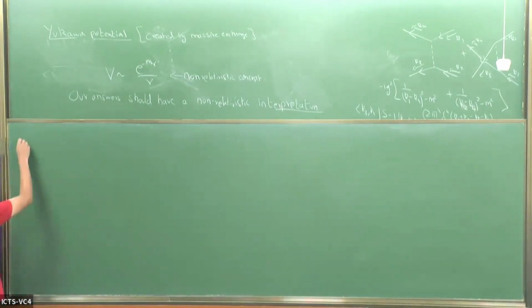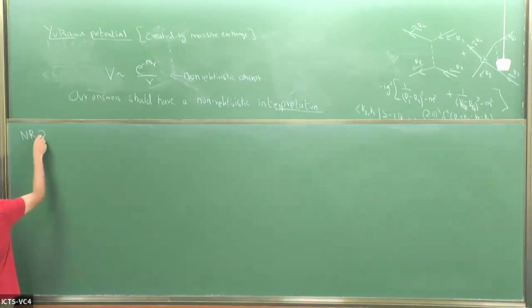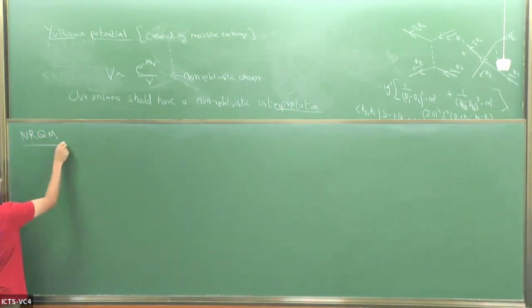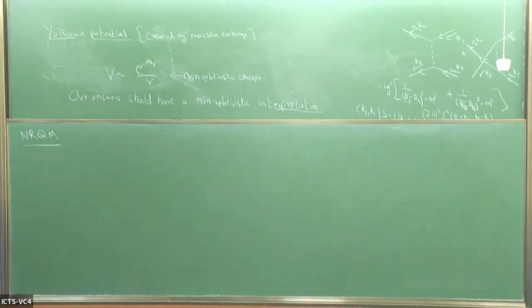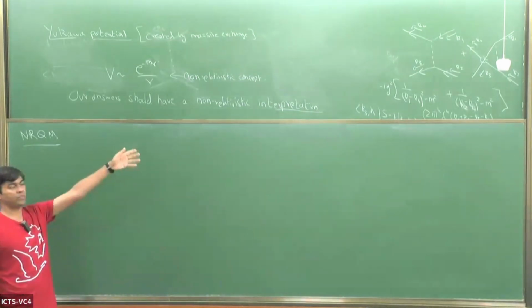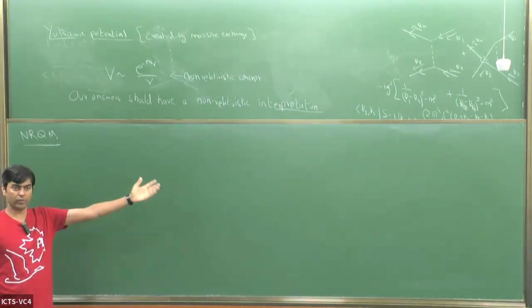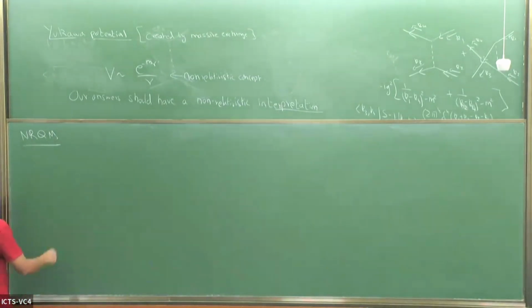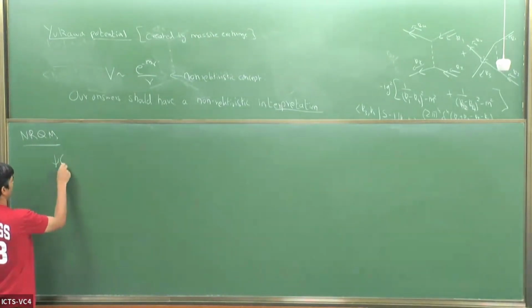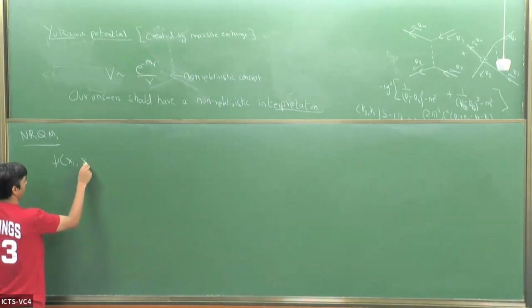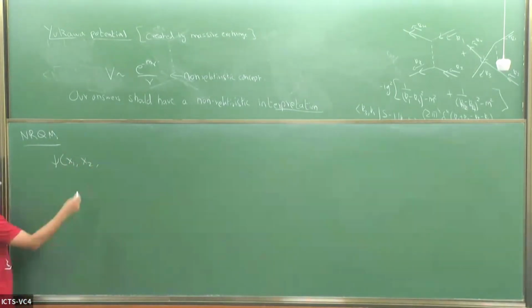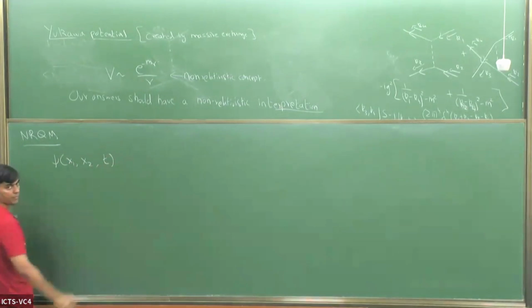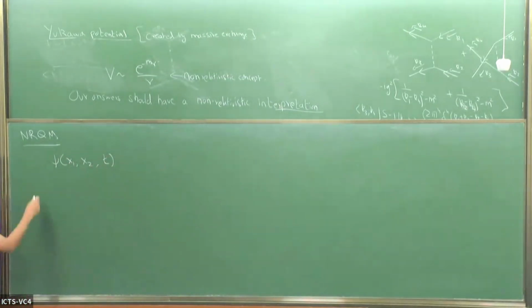For some time I'm just going to do non-relativistic quantum mechanics. So I'm going to go back to thinking of two particles which are scattering off each other. And that's an okay framework to discuss this. We have two nucleons. In the end also we have two nucleons. So the degrees of freedom are described by a wave function which is psi of x1, x2. And it's a function of time. And it obeys